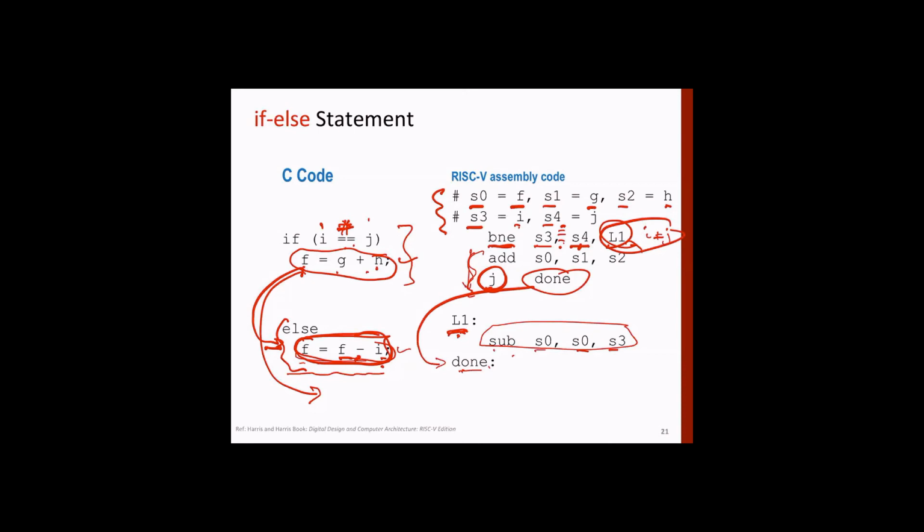Now you don't want to execute this statement here, because that's not the logic of if then else. So you have to go to the next statement. Then you make a jump to the next statement here. I suggest you try doing this at home and see what the values of the registers are and how you can achieve these results.